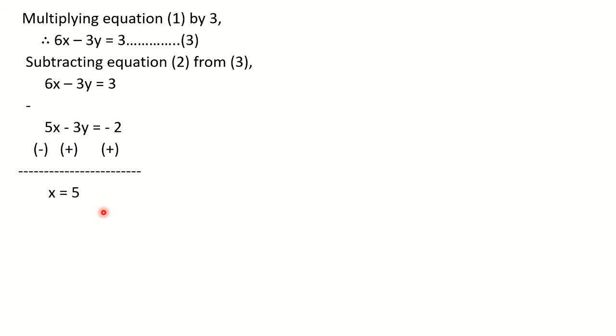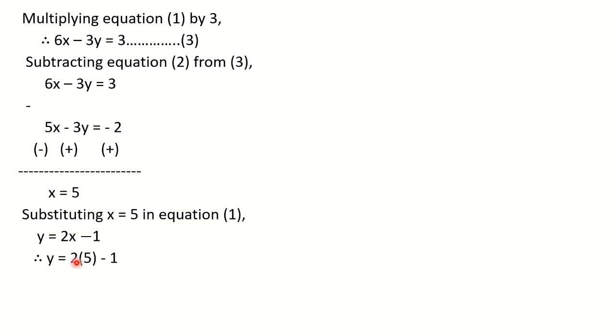Now let us put this value in any one equation. You can put in equation 1. So substituting x is equal to 5 in equation 1. Okay. So see, this is our equation 1. I have taken the original one, so that directly I will get value of y. Y is equal to 2x minus 1. So in place of x, I am writing 5. So y is equal to 2 inside the bracket 5. Always make use of bracket. I told you why, because it stands for multiplication here. So y is equal to 10 minus 1, that is 9. So this is value of x and this is value of y.